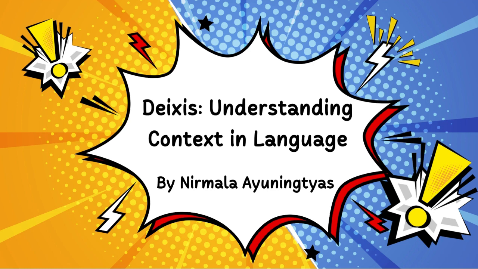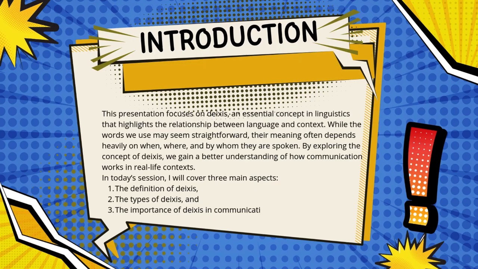In this video, we will talk about the final project of the Semantics and Pragmatics subject, and we're going to talk about DEIXIS, understanding context in language. So, this presentation focuses on DEIXIS, an essential concept in linguistics that highlights the relationship between language and context. While the words we use may seem straightforward, their meaning often depends heavily on when, where, and by whom they are spoken. By exploring the concept of DEIXIS, we gain a better understanding of how communication works in real life